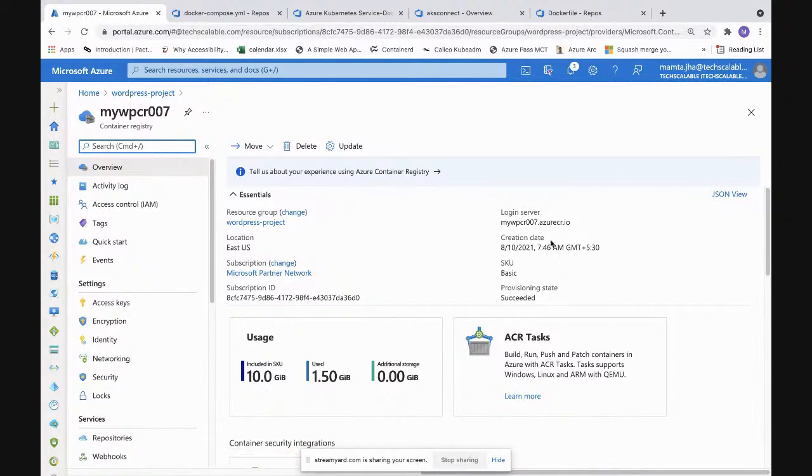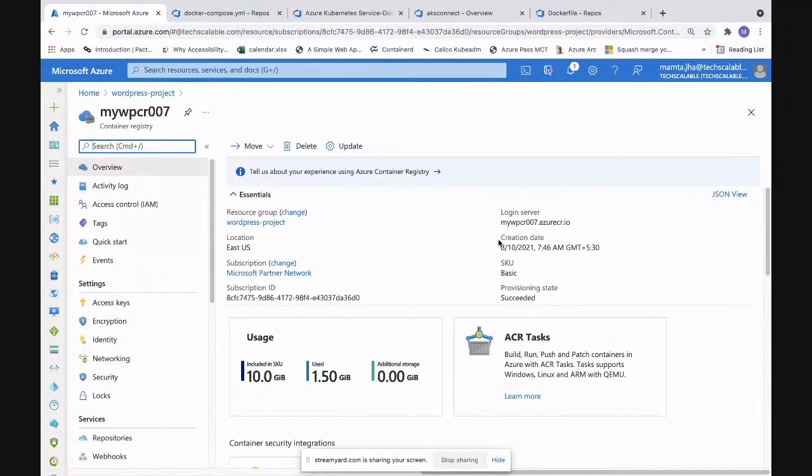We can do that. Now, coming to this location, my Azure Container Registry entire name is this. I'm emphasizing this because we would be using this name for our variable section. So we would be creating some variables in which we would be saying what is the complete name of my Azure Container Registry, what is the name of my database, what is the username, what is the password.